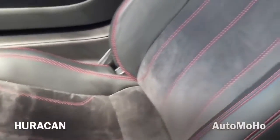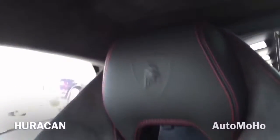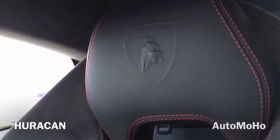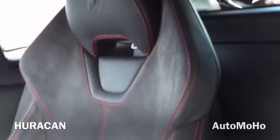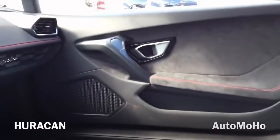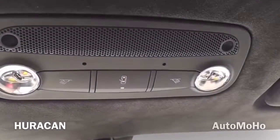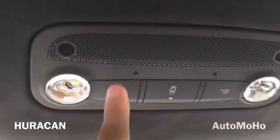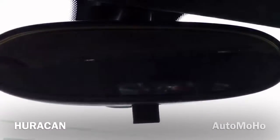And another look at the seat with Lamborghini logo embossed on the headrest. The seats are very sporty looking. Okay, on top you have the light control, and all lights are LED powered. And here's the rearview mirror, sun visor,